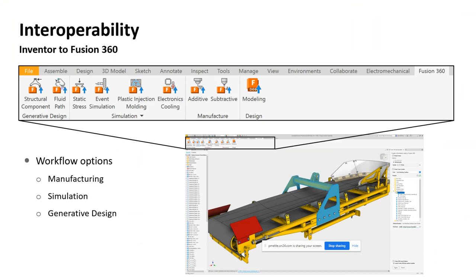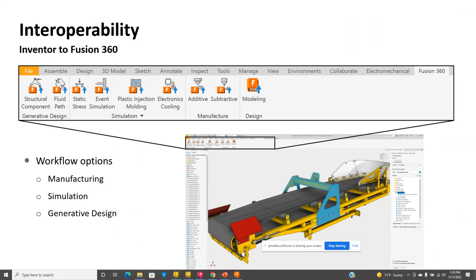So if I design and model in Inventor, how do I get that information to my CNC operator who may be using Fusion? And what about if I make any changes or iterations? I'm using Vault Professional, I'm revising. How does that information get to the user? So with this workflow,